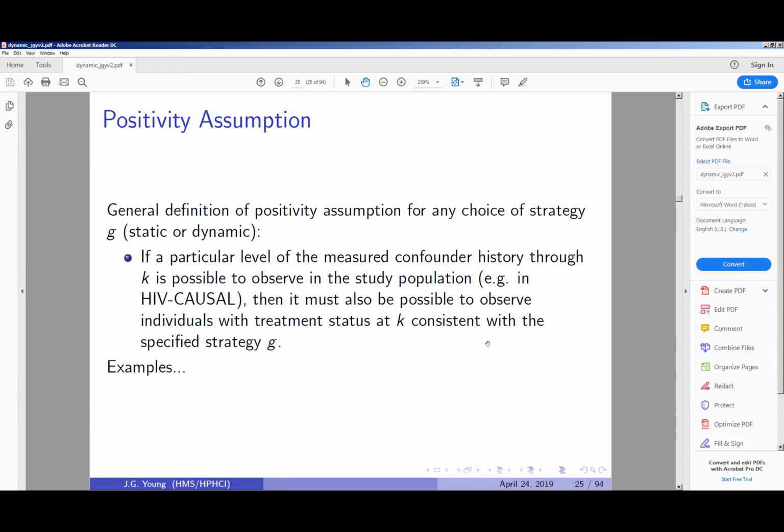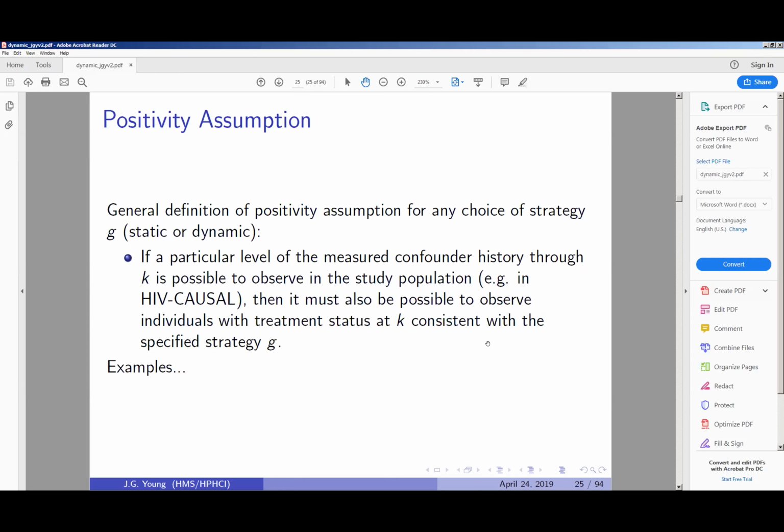Okay, so we've now covered exchangeability a bit, what it is and how we might evaluate it under assumptions. Now we'll talk about the second assumption, the positivity assumption. In general, positivity is specific to the choice of strategy. We can define positivity as the assumption that if a particular level of the assumed measured confounder history through K is possible to observe in the study population, then it must also be possible to observe individuals with current treatment status